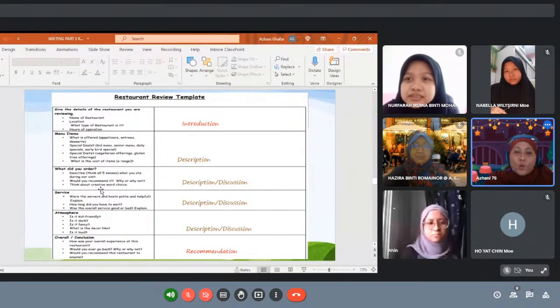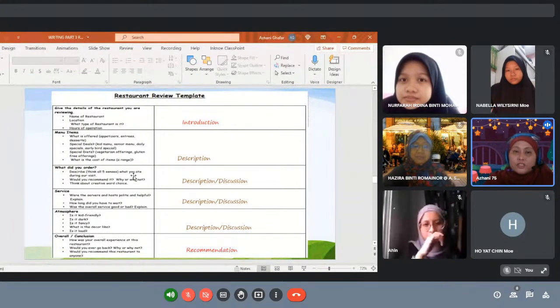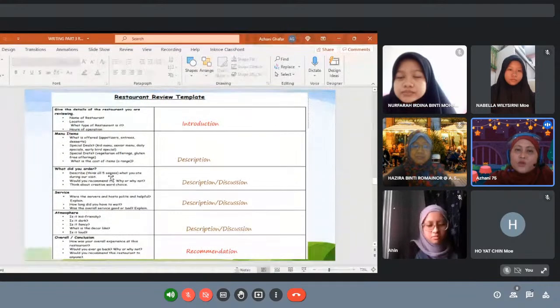Does it make you feel like you want to try the food, want to gobble up the food quickly? Okay. Would you recommend it? Why or why not? I think this would be at the last part here, actually. Never mind. Think about creative word choice. You can use bombastic words here to describe whatever you experience there. Okay, next,